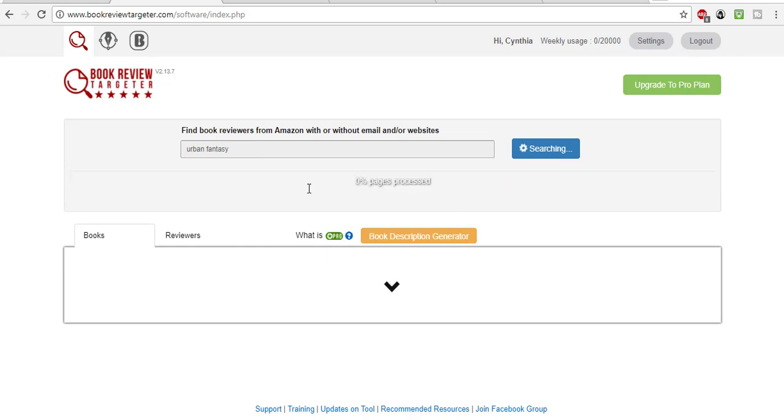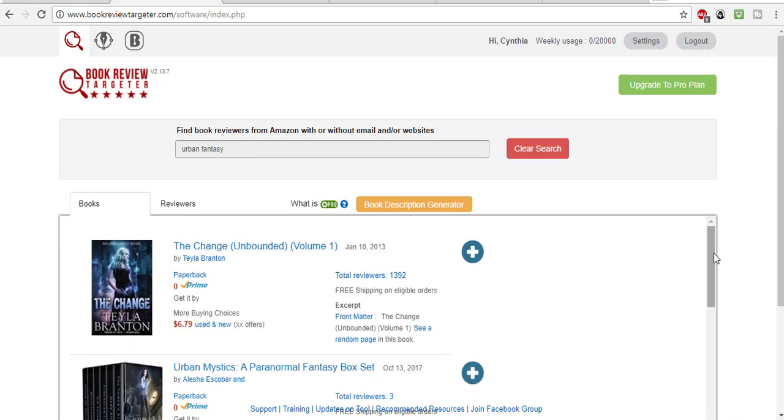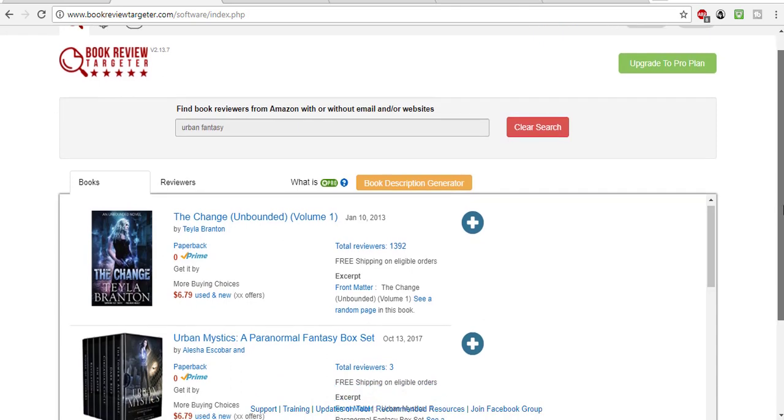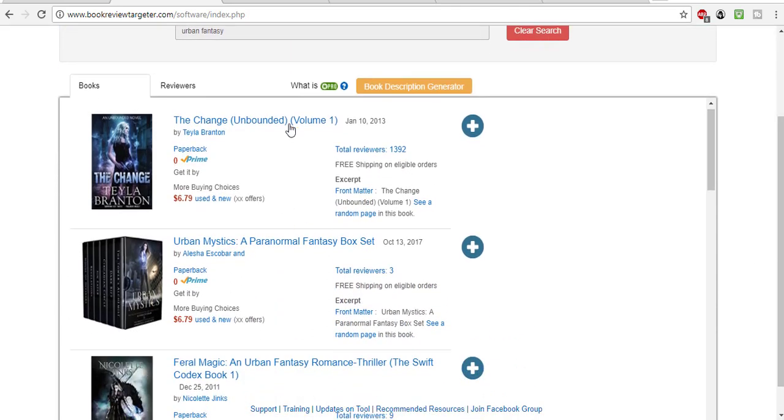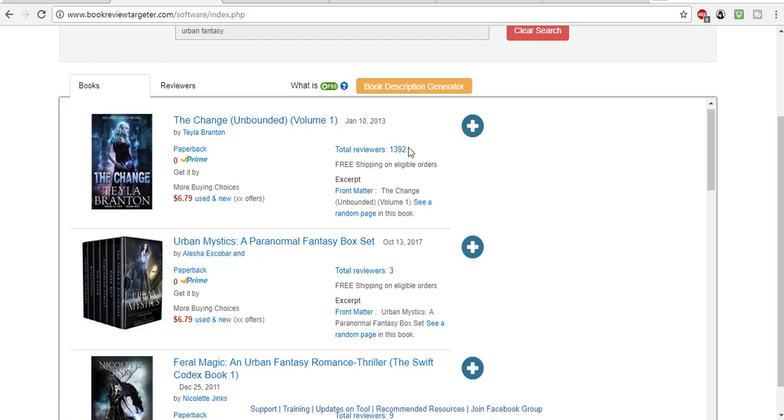So it's going to search for you, and then it's going to pull up options for you. Basically, it's searching Amazon right now to find similar books in this genre. So what you'll get is this popping up. There is The Change, Unbound. So you're getting all of these different books that are pertinent to what you write in, that are similar to yours, and it'll tell you how many reviewers. So this one has,